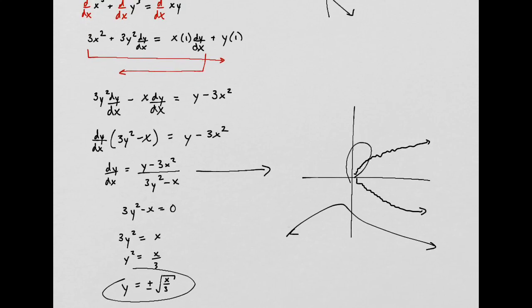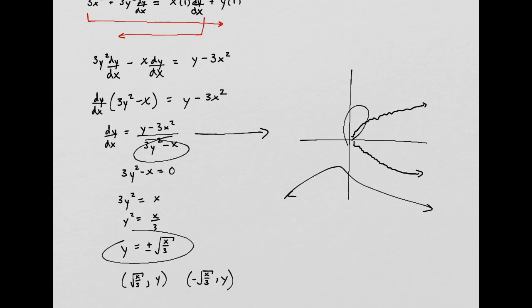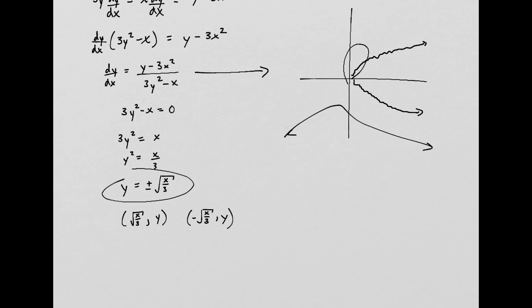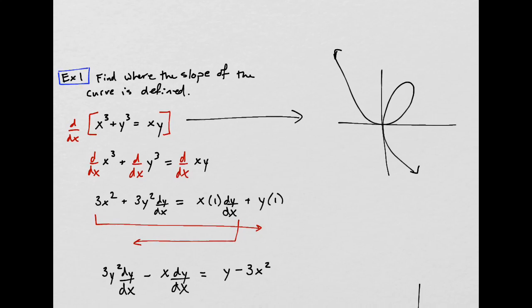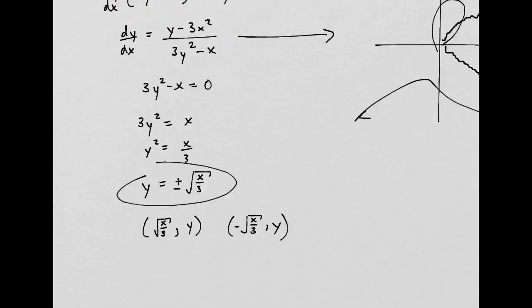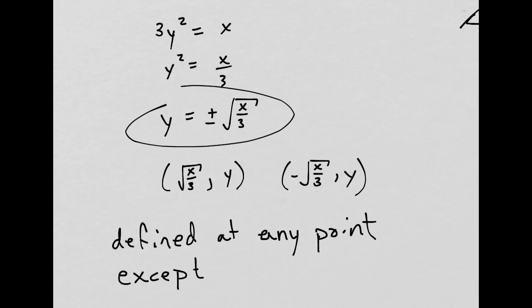That would be, well, you would take the derivative, and then if you get a fraction or a natural log or something, you have to find out where that function is undefined. So if you had a natural log, anywhere the inside was 0 or negative. If you had a square root, anytime the inside is negative. If you have a fraction, anytime the denominator is 0. So to actually answer this question, find where the slope of the curve is defined. You would say defined at any place except